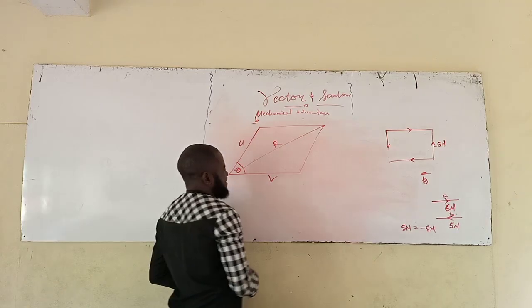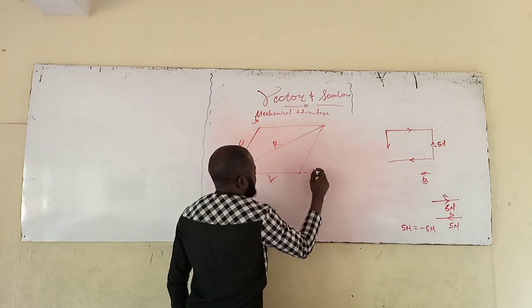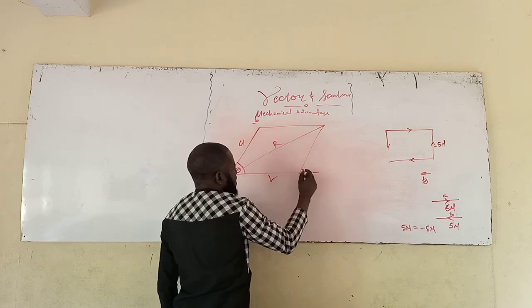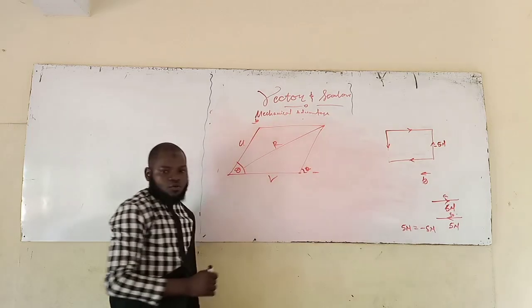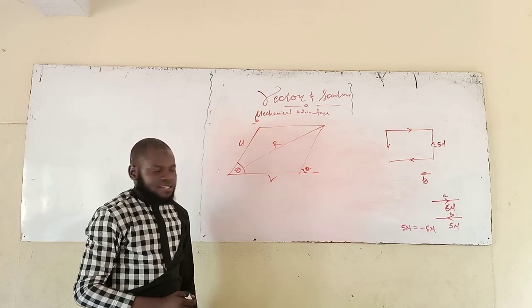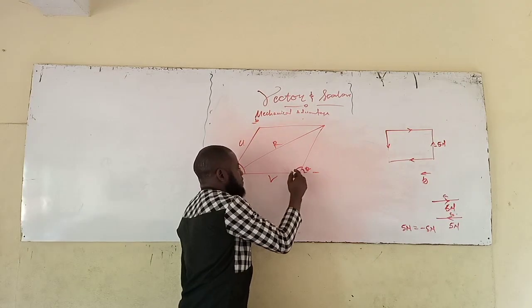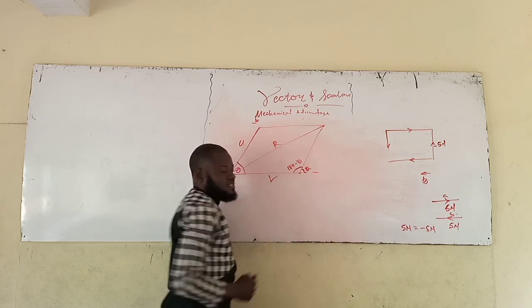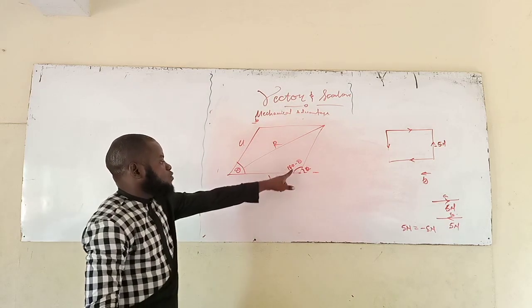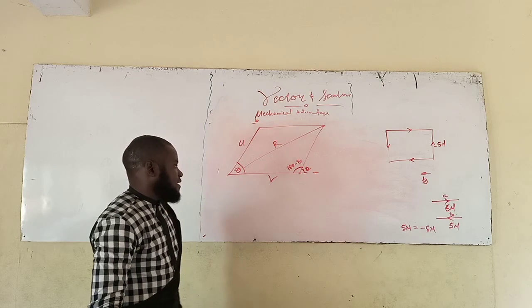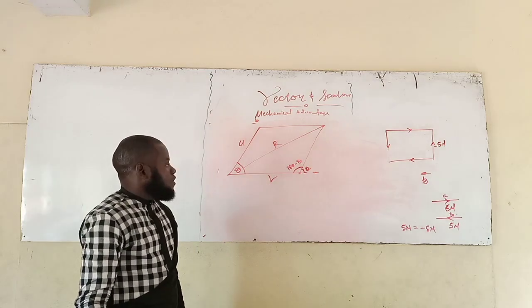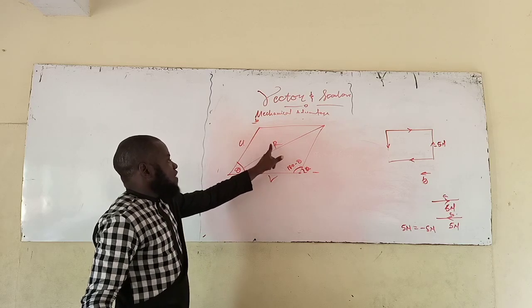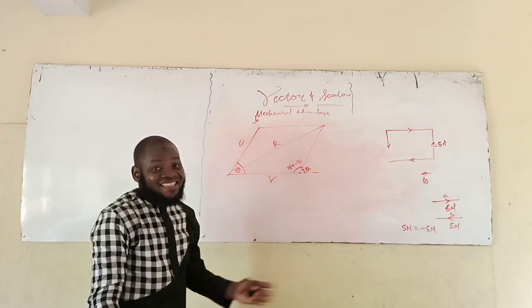If I look at this now, I want you to see something right now. This angle here is going to be angle theta. Am I making sense now? Because the angle here right now is going to be 180 minus theta. Are you getting this now? So if here is 180 minus theta and here is theta, what else can I do? So what I think I need to do right now is just for me to find the value of r, and I can get that using